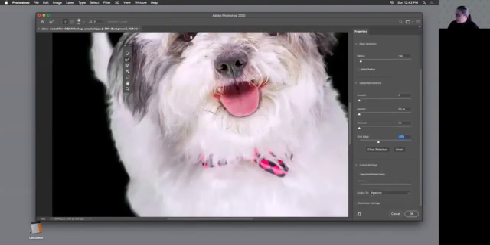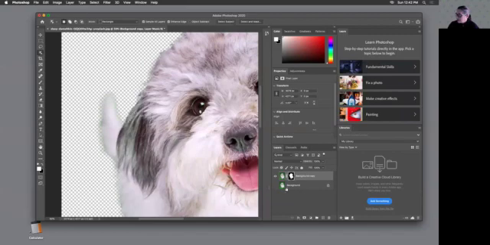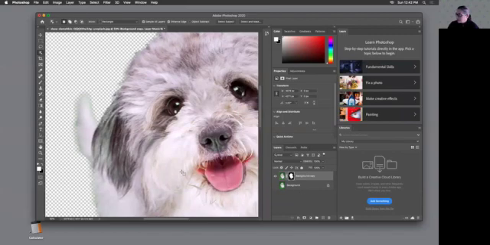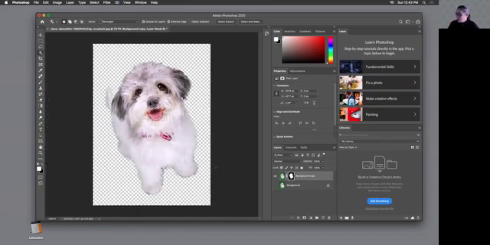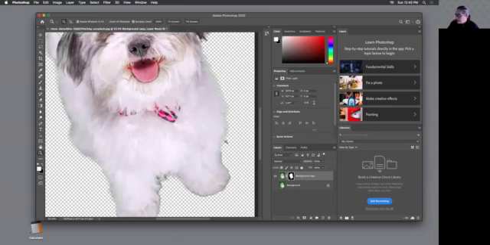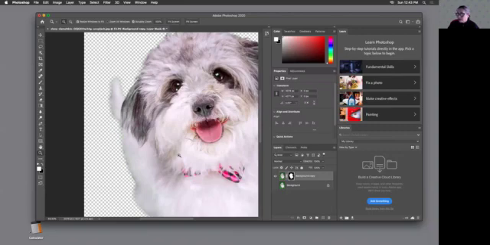I want to output this to a new layer with a layer mask, and I'll say OK. And you'll see I now have my old background layer, which is shut off. I've got a new layer with a layer mask that's doing a pretty good job of masking out the background for my little dog. Now you'll see there's still a little bit of green on there, and I can get rid of that a couple different ways. I could